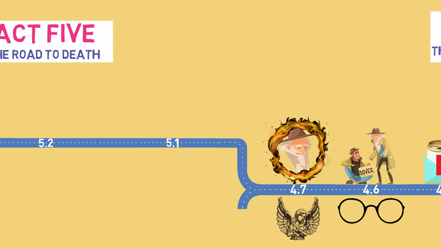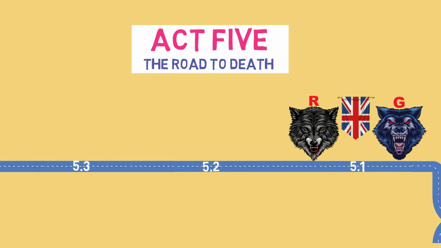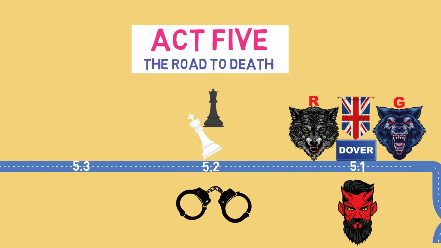Act 5 sees the final descent to tragedy. Regan and Goneril plan to fight Cordelia's forces. Edmund reveals he plans to kill Lear and Cordelia. In Scene 2, the forces of Cordelia and Lear are defeated and they're taken prisoner. And in Scene 3, Cordelia and Lear are sent to jail.